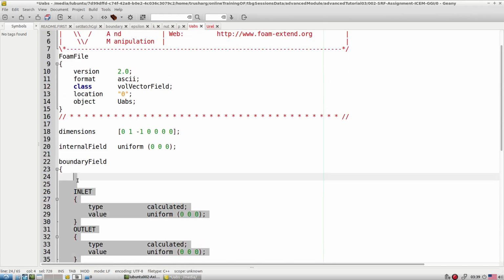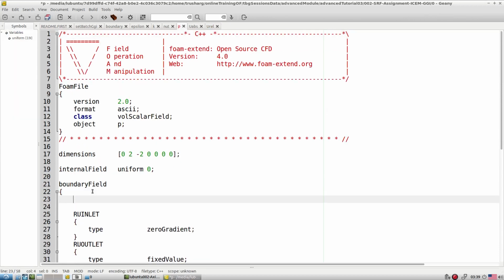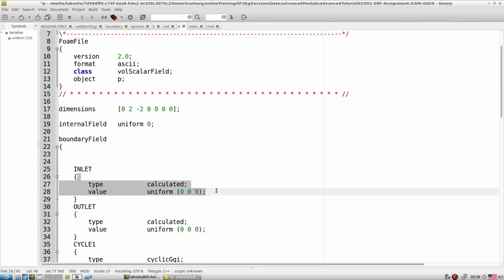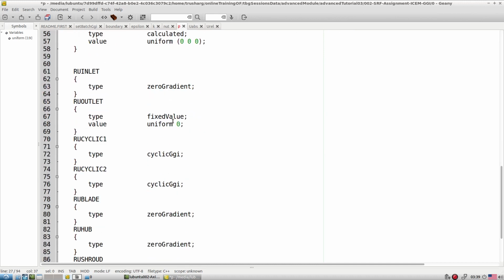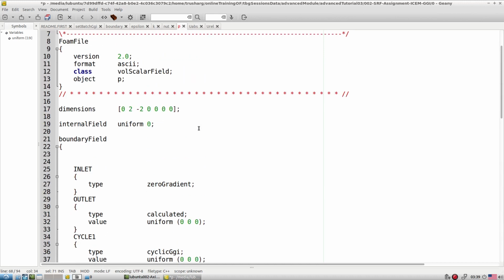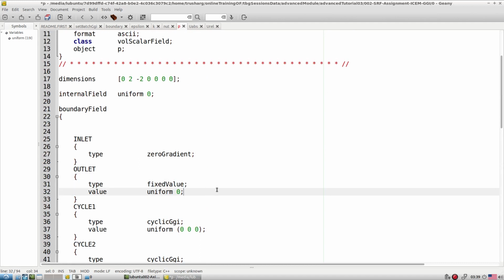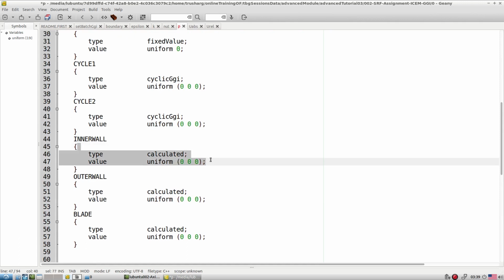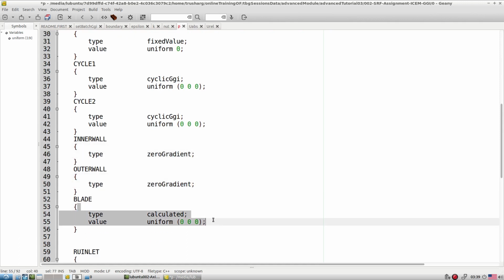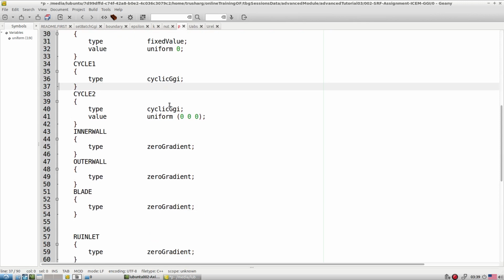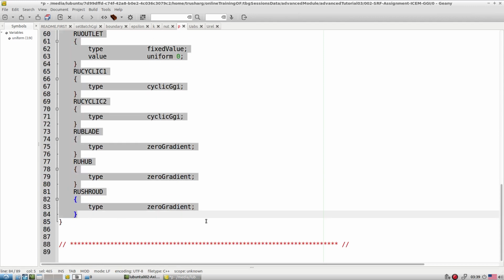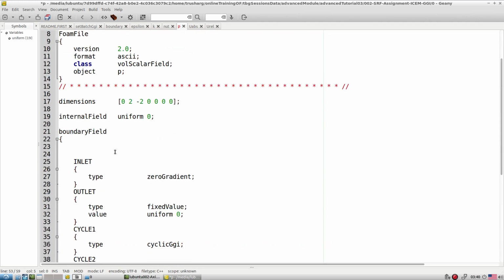Now let's try to set the pressure. Since we specify the velocity, definitely at the inlet pressure goes as a gradient condition. And at the outlet we specify explicit pressure, Dirichlet conditions. Wherever there is a wall, internal wall, gradient, gradient, gradient, and both of these go as GGI only. So this is the correct condition for pressure.